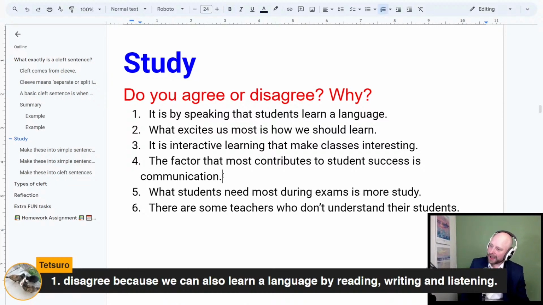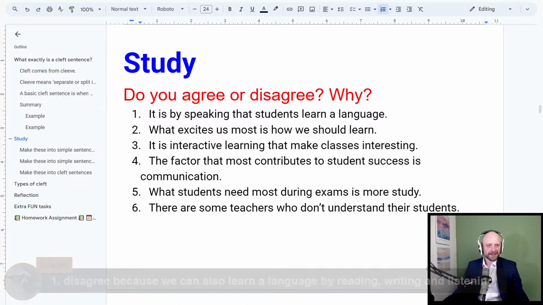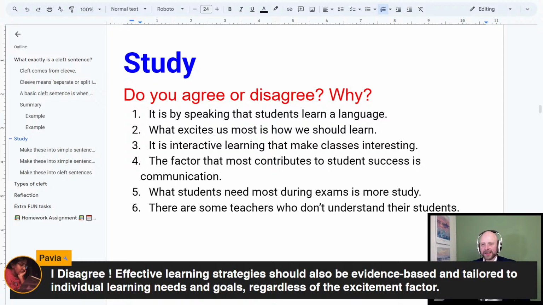Let's see what else we have here. We have number 4. The factor that contributes most to student success is communication. I disagree. Effective learning strategies should also be evidence-based and tailored to individual learning needs and goals, regardless of the excitement factor. But